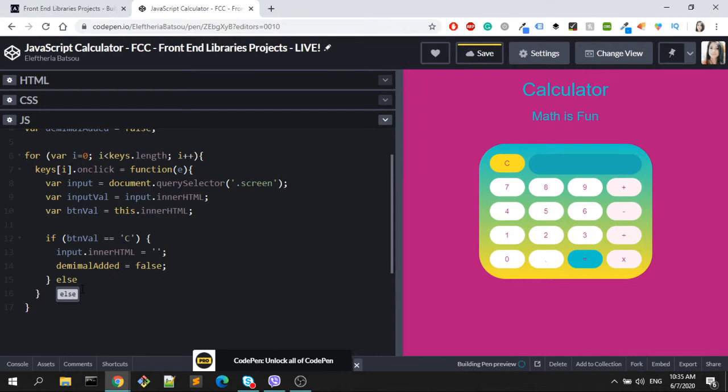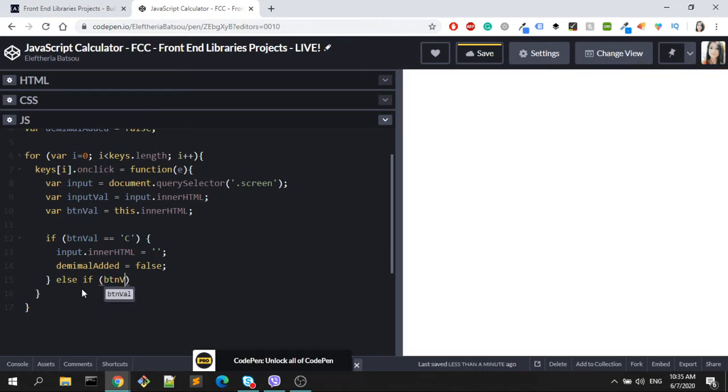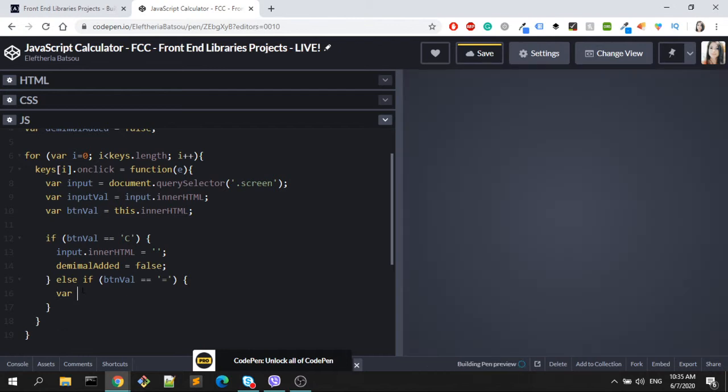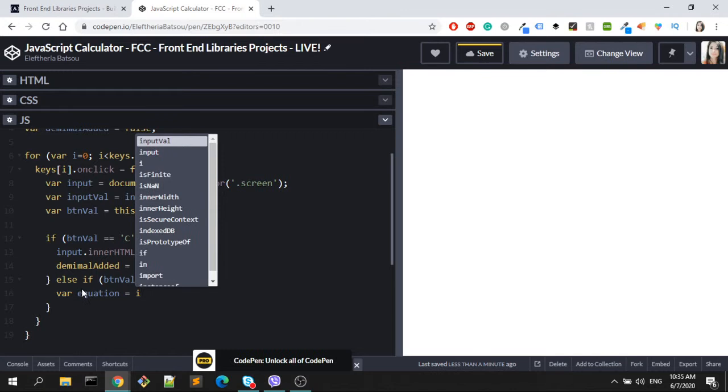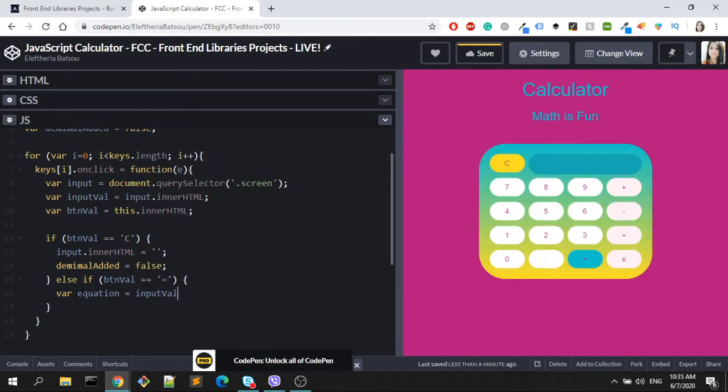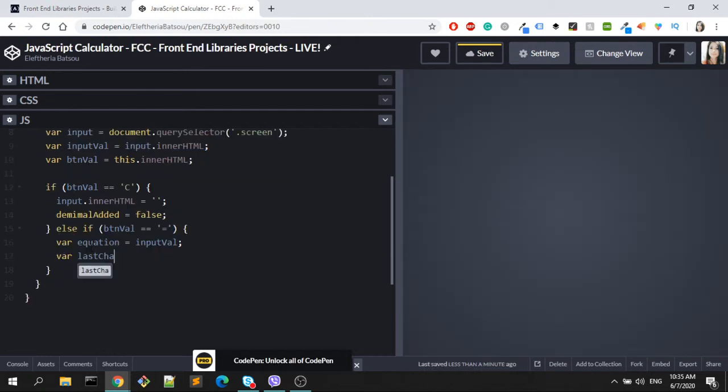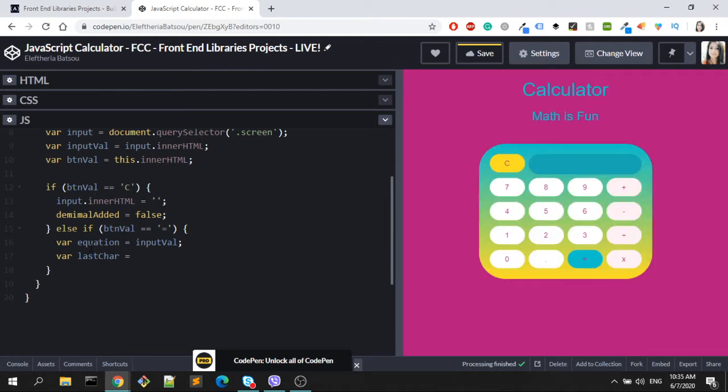I want here an else. So actually not an else, if btnVal is clicked, like so. Okay, then let's create a new variable. We will name that one equation, so we can hold the things that the user presses. It's going to be inputVal, like so, and here we need to calculate the last character, so we know what the user has typed, which is the last thing that he typed. To take the equation, it's going to be an array, so we will take equation.length